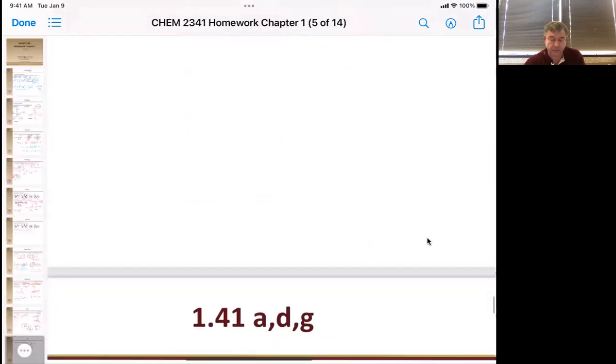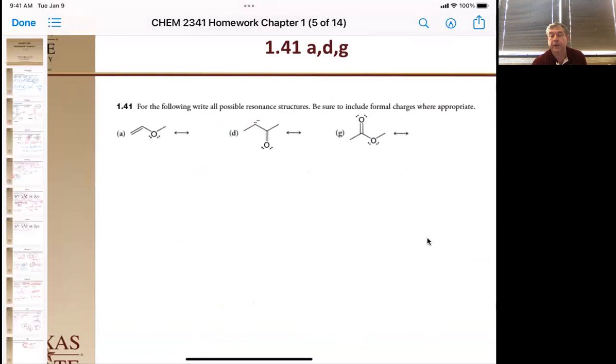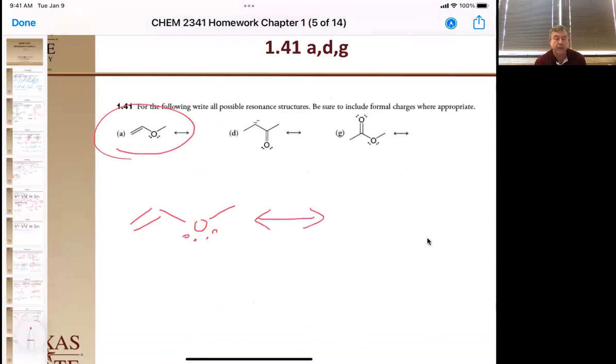All right, so moving on to number 41. Now we're going to talk about drawing resonance structures. And I'm going to do two of these for you, this one and that one. So let's see, we have a double bond here and an oxygen and 2 lone pairs. And we want to draw a resonance structure. A really common thing that we see is lone pairs and double bonds moving around in our resonance structure. So let's see, one possible resonance structure is we could have these electrons come in and these electrons pop out, giving us